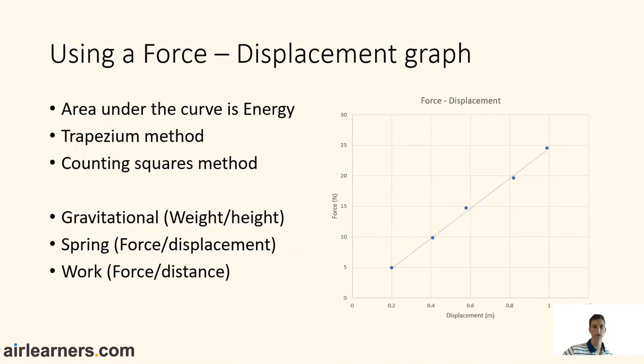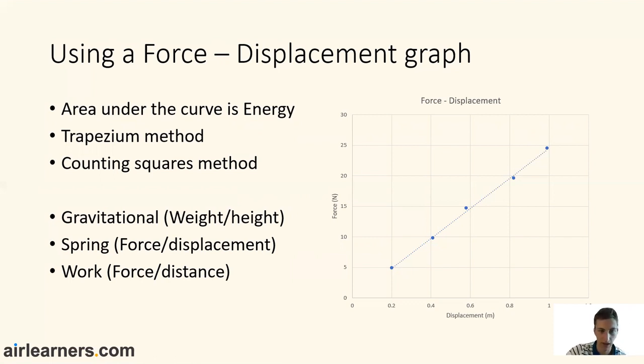Okay, using a force displacement graph. So this is the next point in our lesson, using graphs to give us results. The area under a curve, the force displacement graph, like the one that we have on the right here, is going to be energy. It always is, and there is a derivation for it, but there's not really enough room on this slide, so I'm not going to bother trying to handwrite it here. But pretty much, you use the work formula,